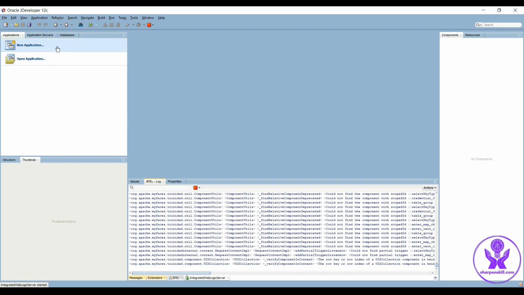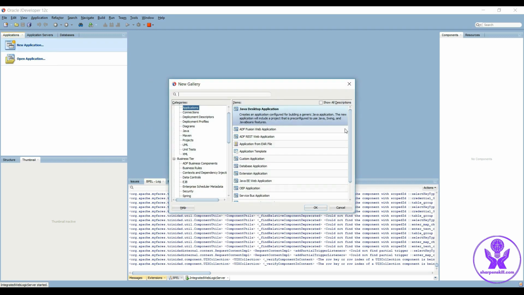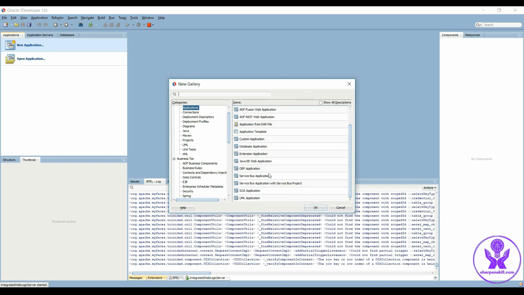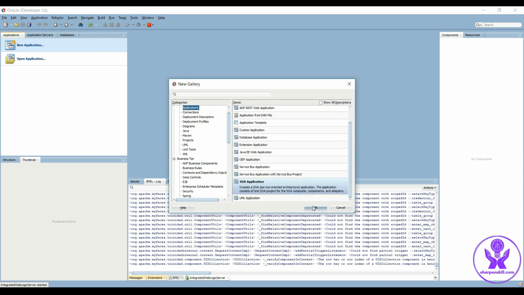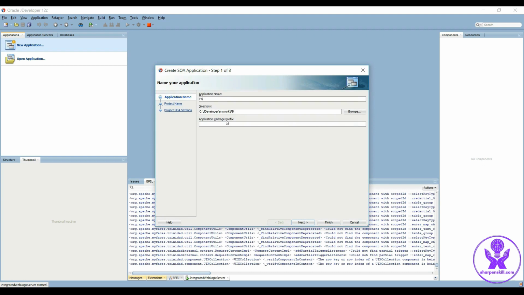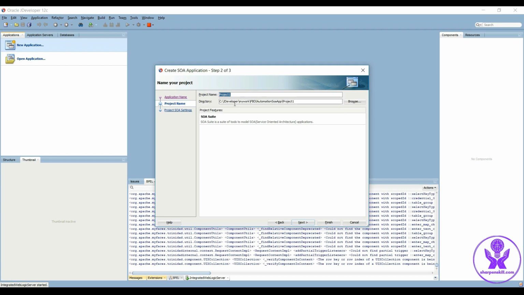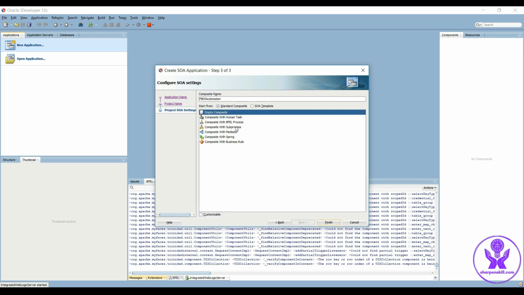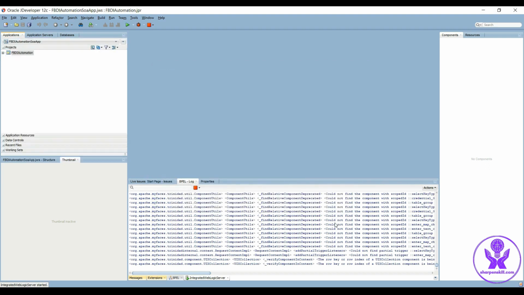Now I will click on new application to create a new SOA application. So let's create SOA application. Click OK. Give it a name, FBDI automation SOA app. Click next. Now click on the project name to give some relevant project name, FBDI automation. Then click next. I'm going to select empty composite, though I will be using BPEL for the purpose of orchestration